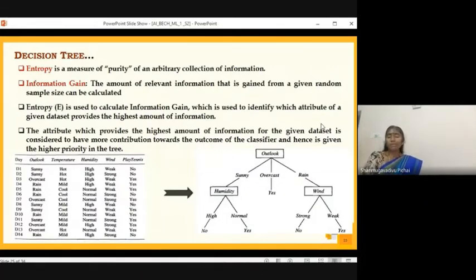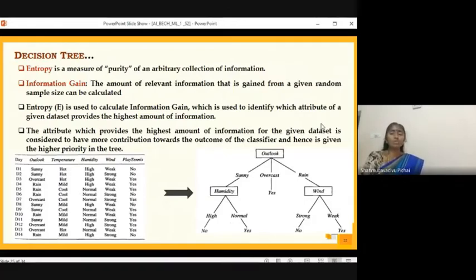So here I made a mention. I told you, as we try to construct the decision tree, we have to arrive at the significance of each and every attribute. That happens by the computation of entropy or information gain. There is a typical formula for the computation of entropy. I don't want to confuse you with the computation of entropy or information gain. Please take at this point that when the decision tree is constructed, it makes use of these two components, entropy as well as information gain, which guides the process of constructing the decision tree with respect to the significance, importance, or the kind of value that we add to each and every attribute.